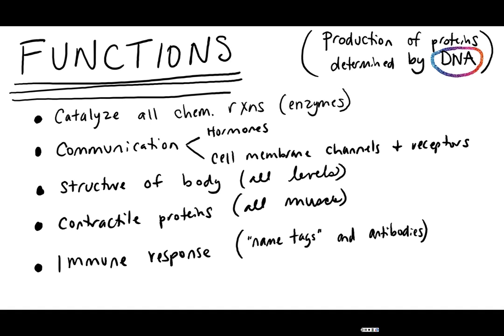And they have two different jobs that they do here. They act as these little name tags hanging off of your cells that allows your immune cells to recognize, oh, that cell belongs, it's not foreign, I'm going to keep it safe, versus the recognition of a pathogen that needs to be destroyed. When we talk about having an immune response and developing antibodies, those antibodies are proteins. So here we can see there's a whole list of things that proteins are doing for our body. So they're very cool and very important.